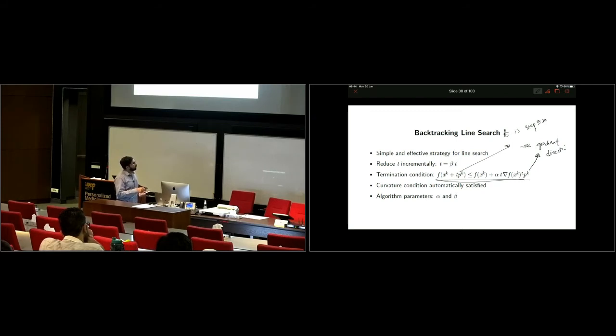Anybody wants to take a shot as to what this is? I'll give you a hint. Alpha is a parameter, and it's always less than 1. We choose it to be less than 1. So can somebody tell me, if a step size t satisfies this condition, then why is it good? Or why is it a valid step size? I'll just draw it for you guys, and then maybe it would be easier for you to understand.